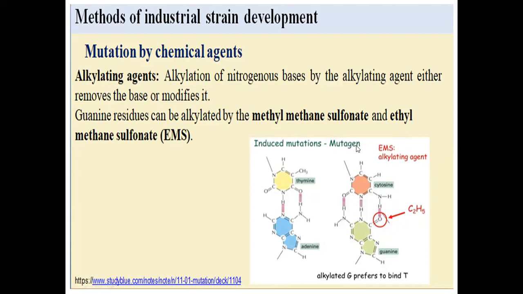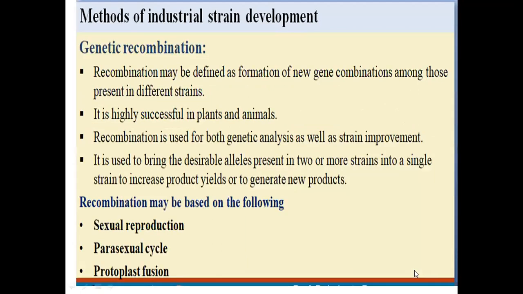So what happens here? When there is no possibility of formation of the third hydrogen bond, this cytosine will not be able to form the hydrogen bond with G, because there is no third. Instead, it will form with T, or A, because only two hydrogen bonds are possible. So that is how it should be CG, but it will be changed to CA or CT. So that is how the mutation will be induced.